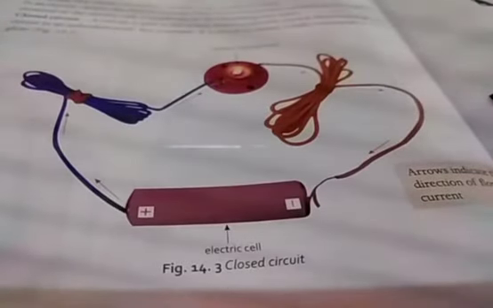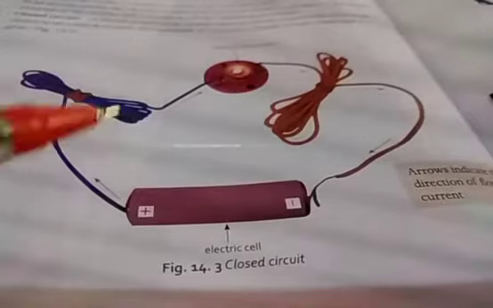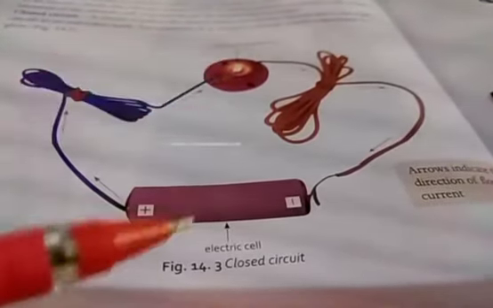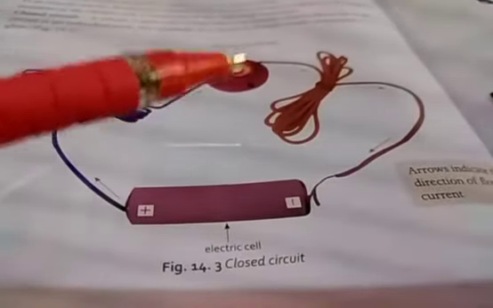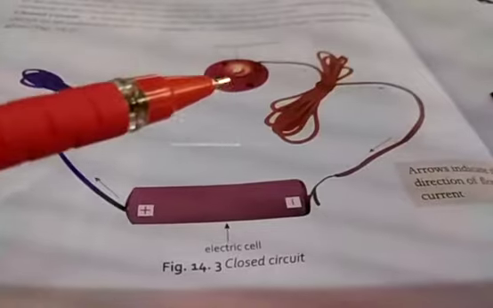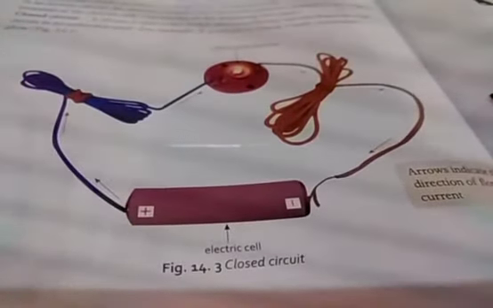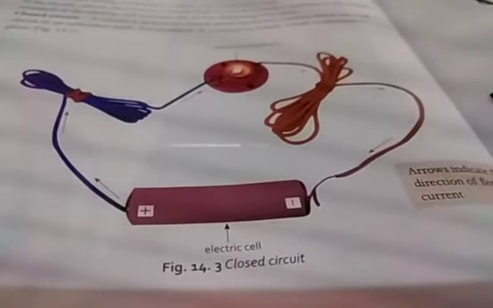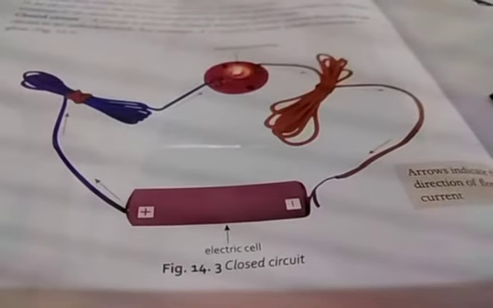Then a device that works on electric current, for example a bulb. A small electric bulb, an LED bulb, you can take and you can do it at home. That is one cell, 2 wires and a small bulb. You can use the bulb of the toys, and you can join and check there. In an electric circuit, the electric current flows from the positive terminal to the negative terminal of the cell.